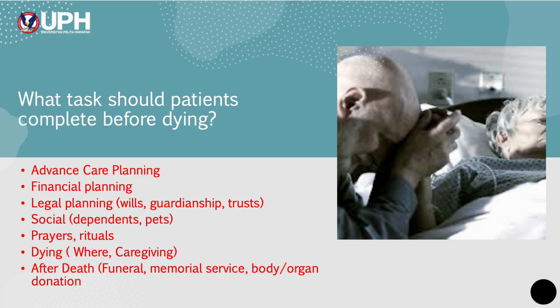They also need to settle the financial planning. When someone has a chronic disease, they might stay in the hospital for a very long time. They need more funding for treatments. Maybe some treatments will not be covered by the national insurance. So what should they do? What should the family do? Is there any living will?